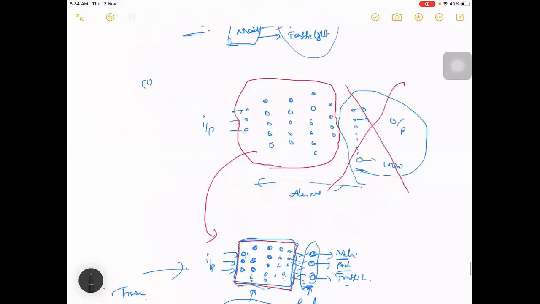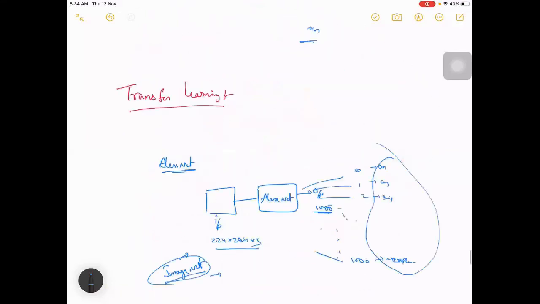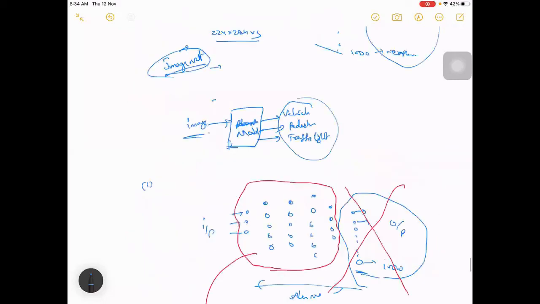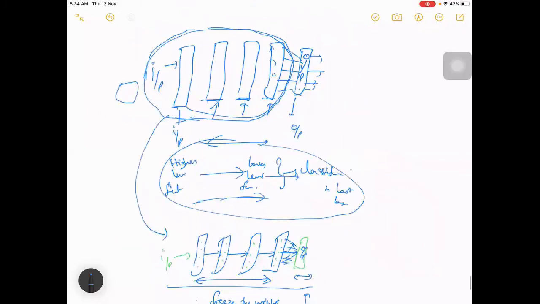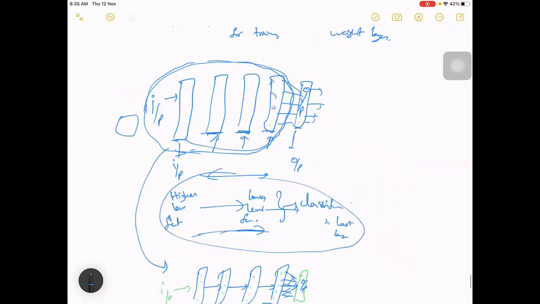Here, what you are doing is like a brain which has already learned, and you are transferring it to some new person, or a new task. Let's think of a human, let's treat this model as a human.